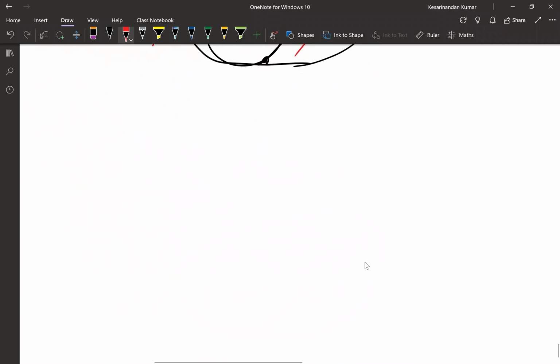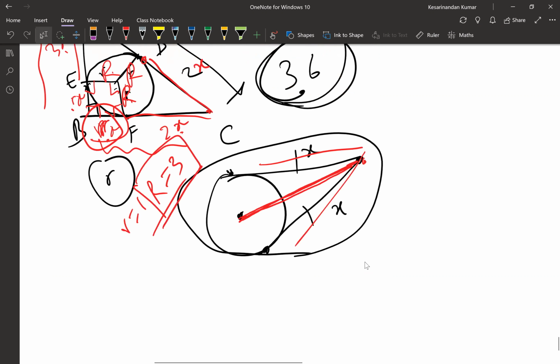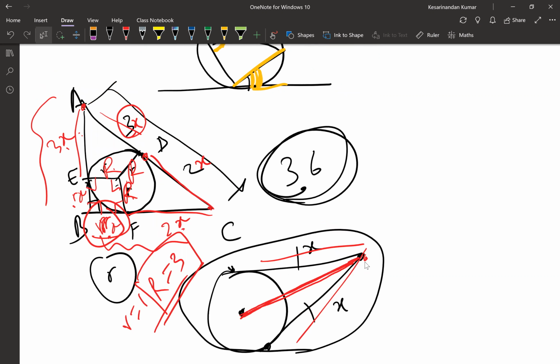Okay, Aditya, you had a different approach. Go ahead. Kesri, can you show the diagram? So what I did here is I did not assume rx or anything. I just took B as the origin, and I'm considering BFOE as a square. So r will be the same across all four sides, so I took it as a radius itself. Then I did 3x plus 2x plus 3x plus 2r plus 2x, the complete thing equal to 36. That is the perimeter itself. So I get the equation 10x plus 2r equals 36.